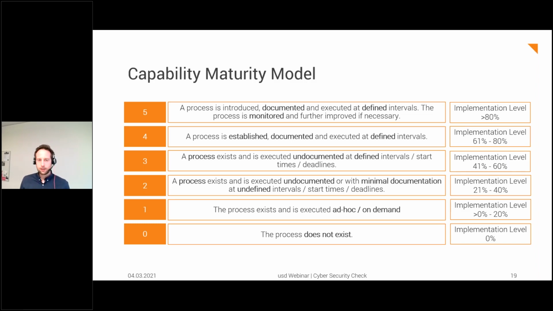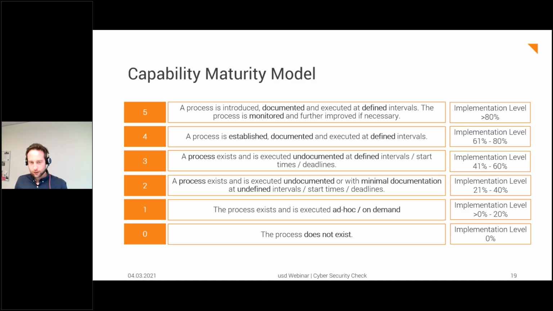Obviously, at the end of the day, the auditor, the assessor, will also do a subjective assessment. So sometimes these will be between 2 and 3, and the assessor will need to make a judgment. So unfortunately, for these kind of things, it's sometimes a little bit hard to be 100% objective. We're obviously trying to do that, and that's why we need to sit down during the ramp-up phase and actually look at the risk model, at the capability maturity model that we want to employ, and go from there.